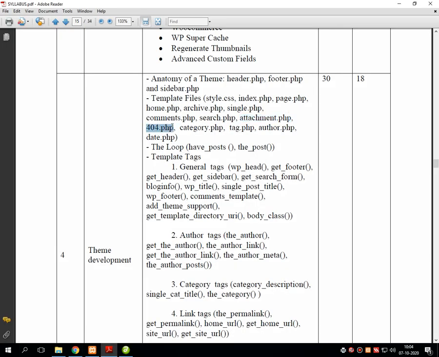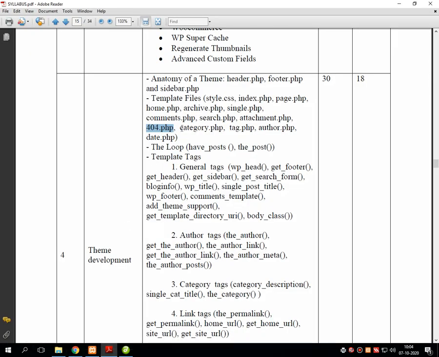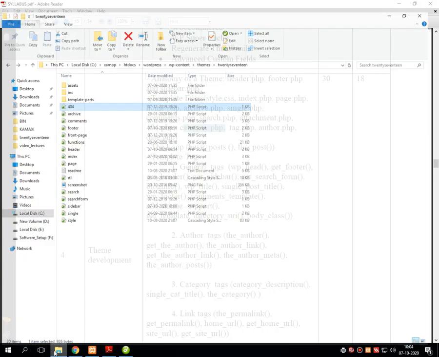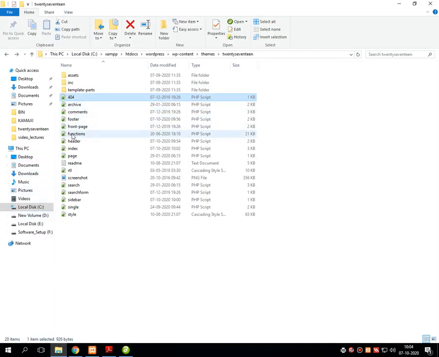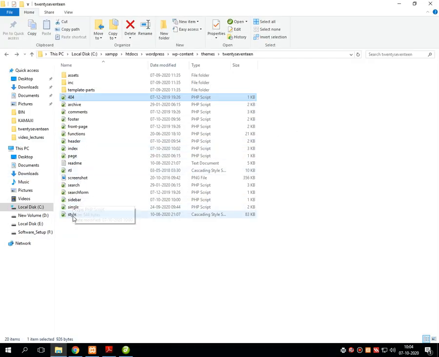Then 404, it's common for all the themes, it should be there. Then category.php, it's not there because we are not maintaining any categories. For this we need to download another theme. Then tag.php, it should not be there either.